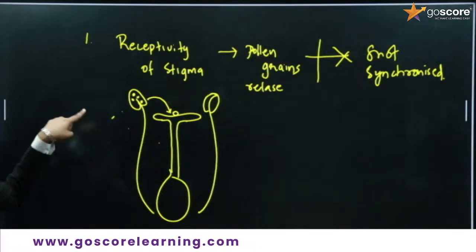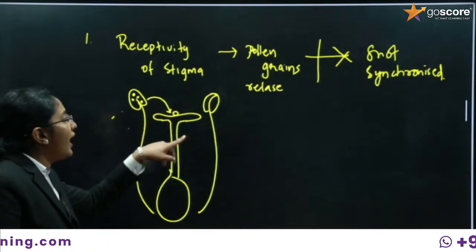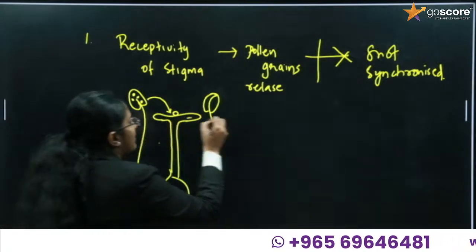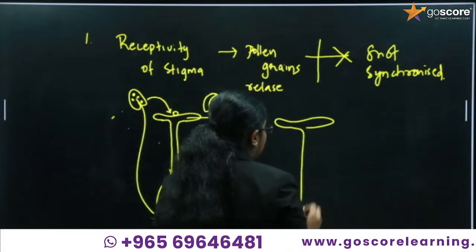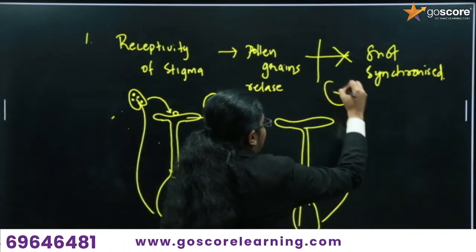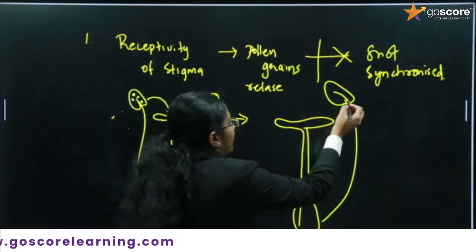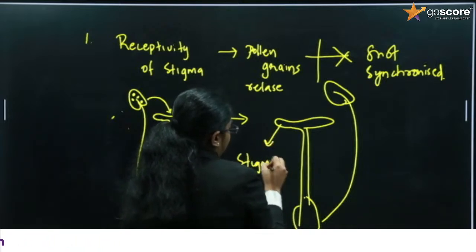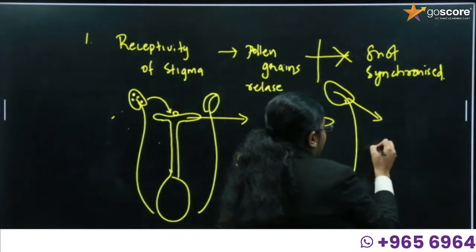So what is the first method saying? The first method says that the receptivity of the stigma and the pollen grain release are not synchronized, which means the maturation of the stigma. Considering once again, the stigma is here, then style, then ovary, and we have to understand that there is anther, or we can say stamen, present. So the stigma will mature faster, and anther will release,